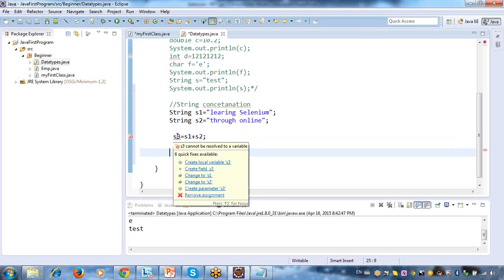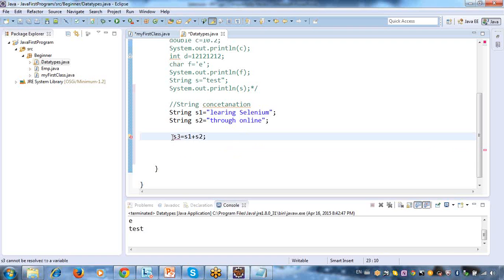And if you move the cursor, it will give you some help here. String. And one more thing, guys, Java is case sensitive. So make sure that you are using the names as they are. If it is uppercase, you have to use uppercase. If it is lowercase, you have to use lowercase.